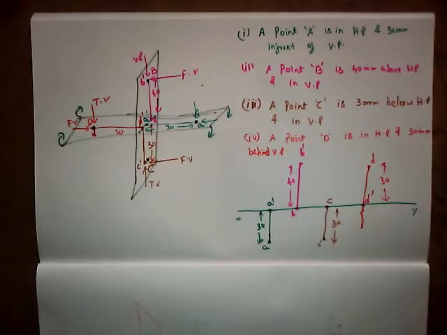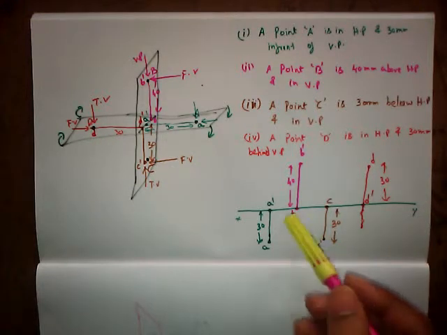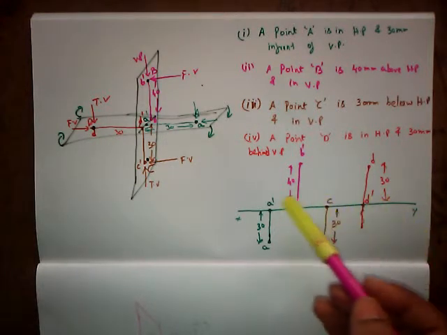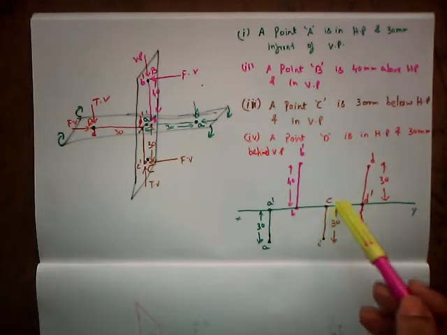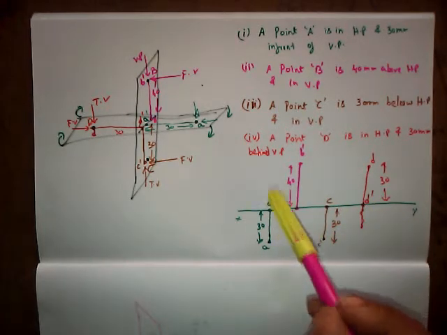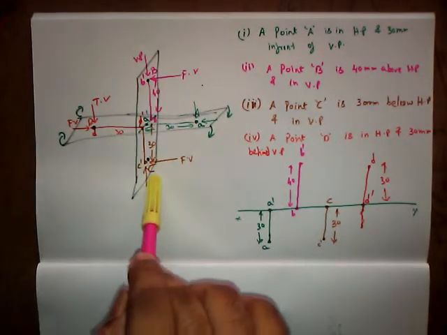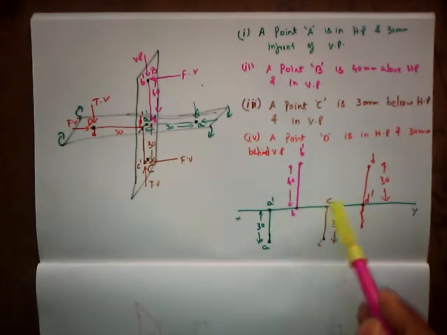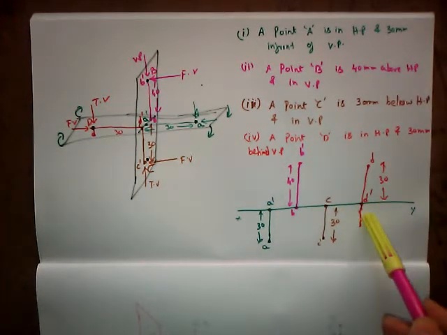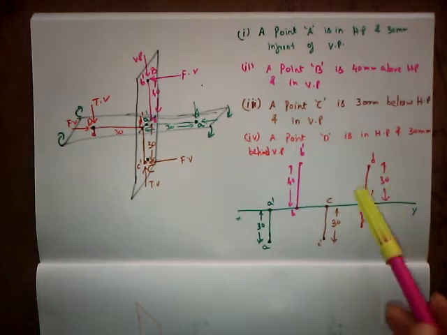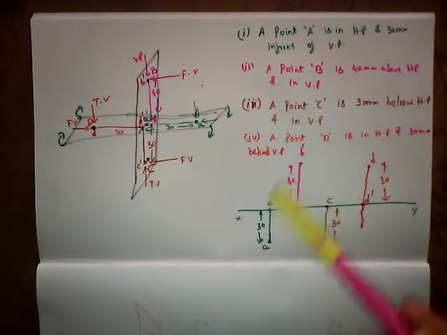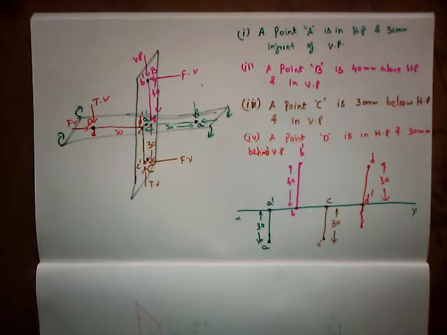So clearly observe, guys, you can see one of the projections of the points is going to be on the XY reference line. So whenever the point is said to be in the plane, one of the projections is going to be on the XY reference line. Okay, right, and the point belongs to two quadrants. So hope everyone understood. In the next class we shall learn all the questions and we shall practice. Thank you.